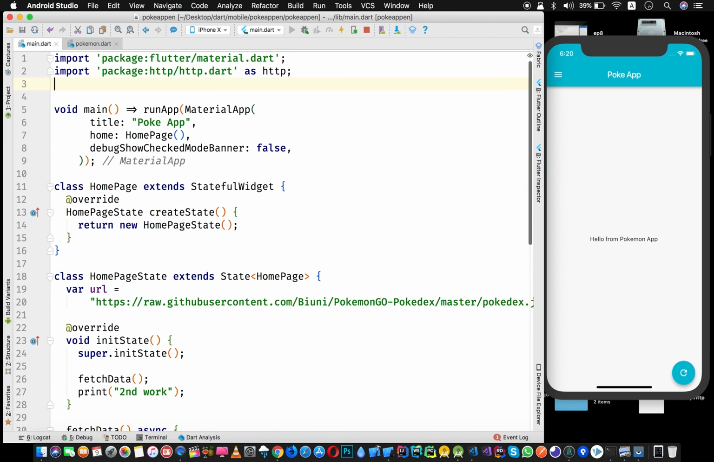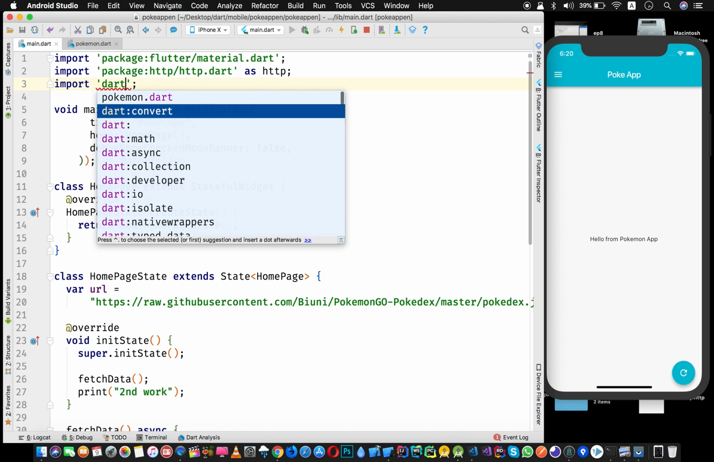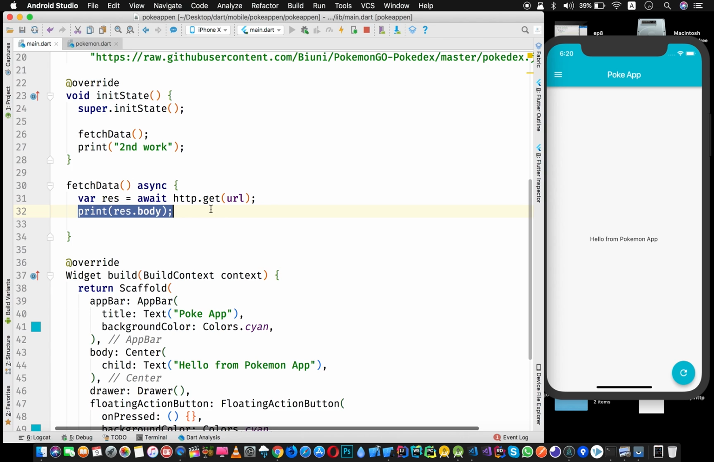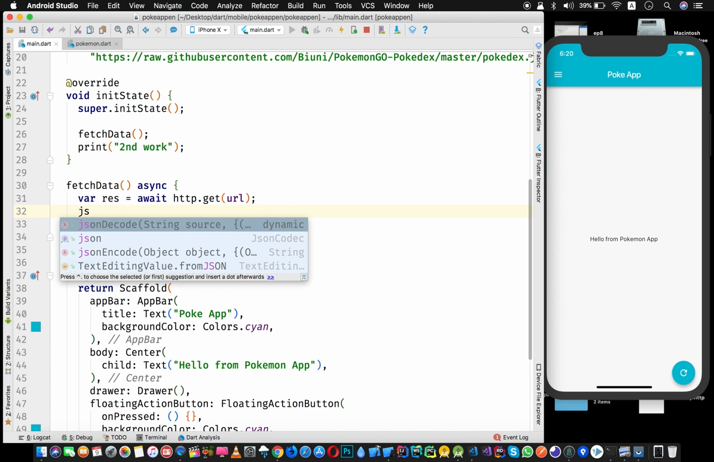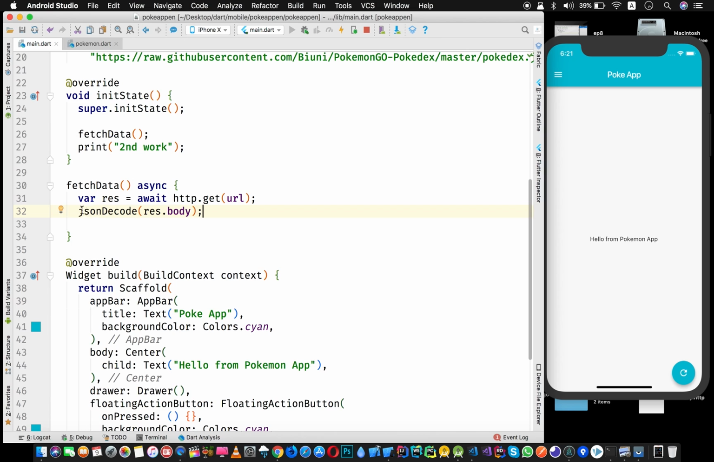For decoding it, we need to import this dart convert library. Then we can use this JSON decode method, where we will provide this res.body, and it will decode the JSON for us. And then we can say decoded